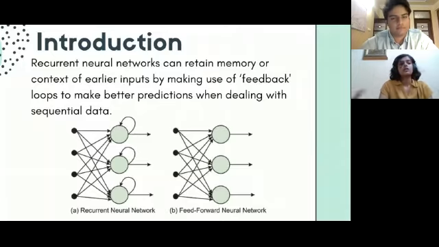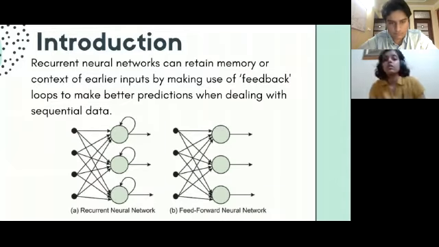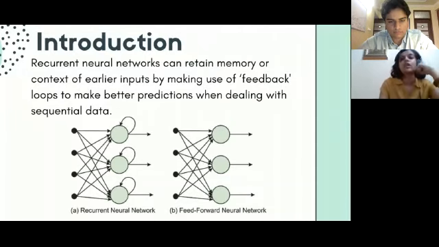These loops do nothing but facilitate passing information through time. So I need you to really remember that and drill that point into your mind. They pass information through time. It does not mean that they're going to sit and loop over the same unit again and again. That's not what it means. They simply facilitate passing information through time. I hope that's clear. Let's move on to the next slide.